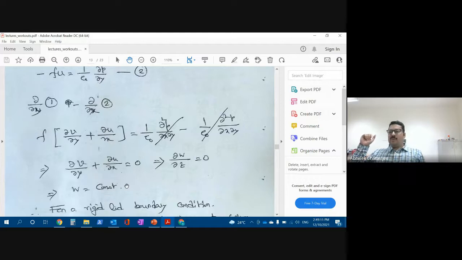So what is the consequence of this? Suppose I have a geostrophic motion in the open ocean, and in between, at the bottom, you have a ridge. Ridge means like a mountain. You have a mountain at the sea bottom. Now, if there is a ridge, the problem with the geostrophic approximation is that it cannot flow past the ridge. Because if it has to flow across the ridge, then there has to be a w velocity.